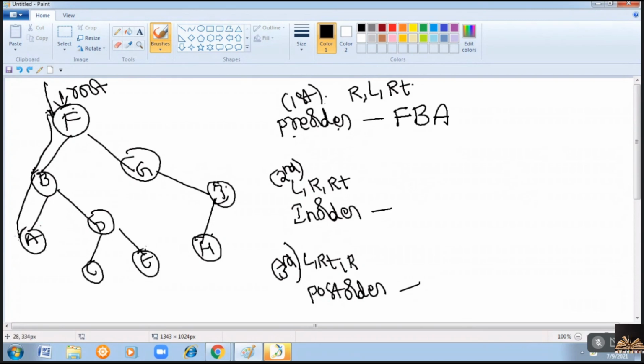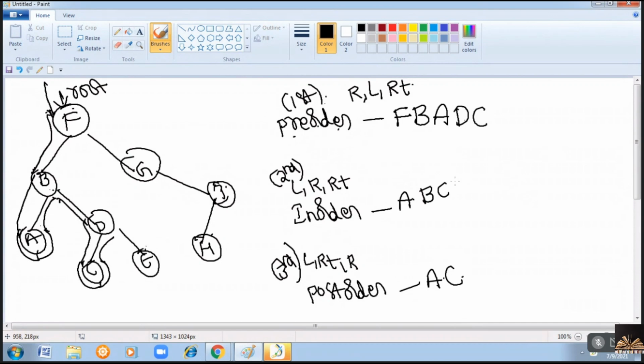So you have visited A for the second time. Second visit means it is in order. Next, you have visited A one more time. That is the third visit. Third visit comes under post order. A, right? Next, here you have visited B for the second time. Second visit means in order. Next, come to D. This is the first visit, so it is pre-order. Next, first visit for C. Second visit for C. Third visit for C. Clear?